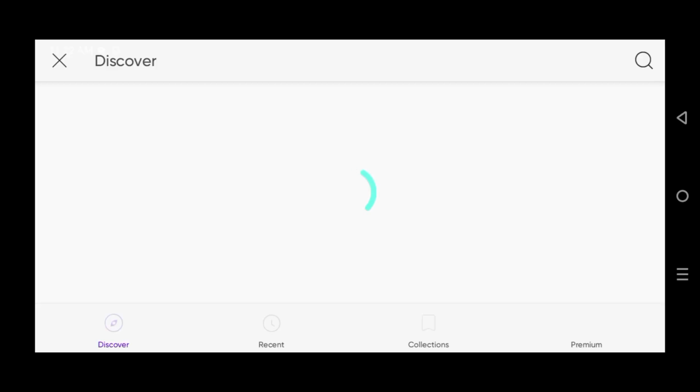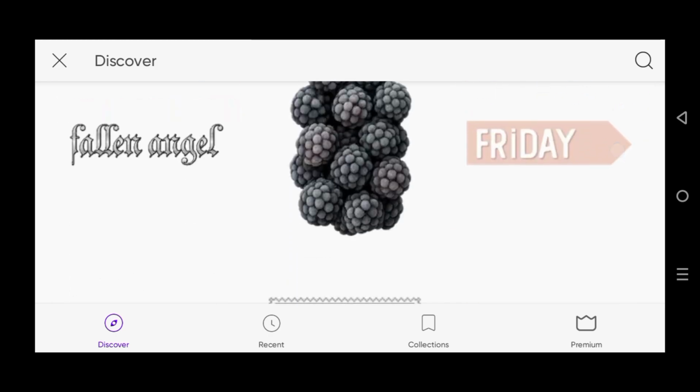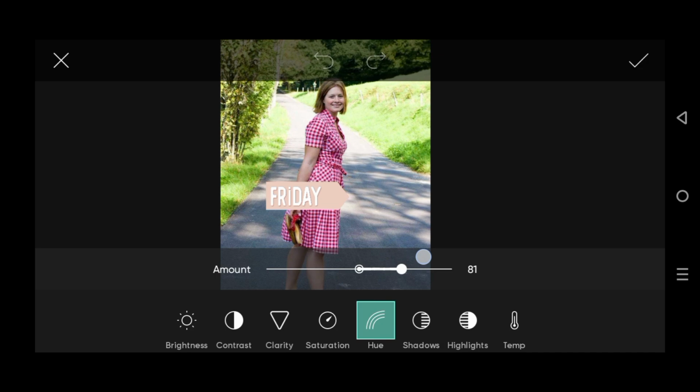Students, in that tutorial I could apply those beautiful sticker options on that picture, friends. There are different kinds of options. I have to choose that Friday option, guys. Here you could see that we could change it like that, and here I have to choose that one, guys. So we could change the color of it with the application of that hue option on it, guys, and as well as its temperature could be changed.